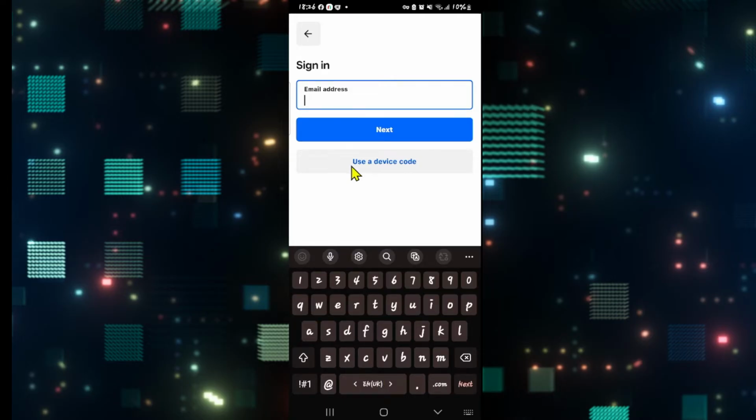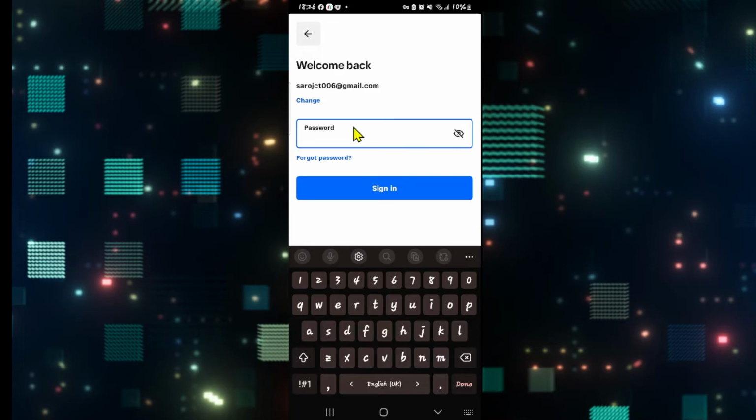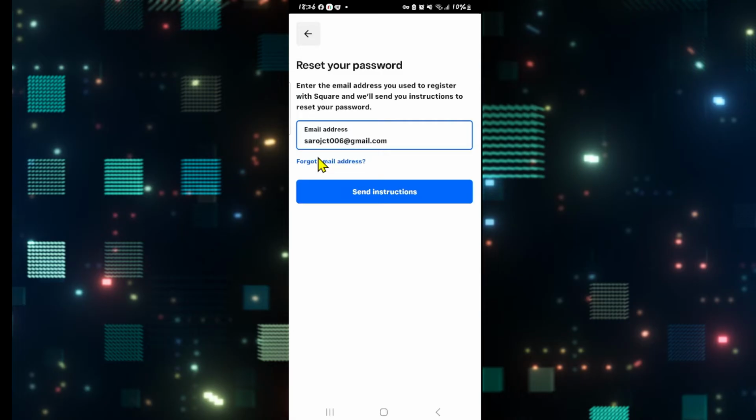Now you can either log in and then change your password from within your account settings, or you can also do this directly without logging in. Just type in your email address that is associated with your account and then click on the next button. You can also use your device code if you wish to do so. Then once the password box appears, click on Forgot Password and you will be asked to enter your email address